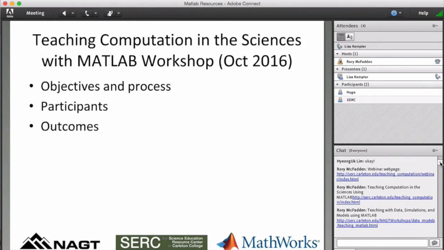Before we get to the resources, I want to give some background on how we got here. There was a workshop back in October called Teaching Computation in the Sciences with MATLAB. And the idea of this workshop was to get faculty who have in common the goal of teaching computation and using MATLAB, and to have them share their best practices. You might think that by a workshop you would have MathWorks people stand up and talk about MATLAB, or different people standing up and talking about MATLAB features. In fact, the focus was much more on the teaching and the tools that you need for teaching,